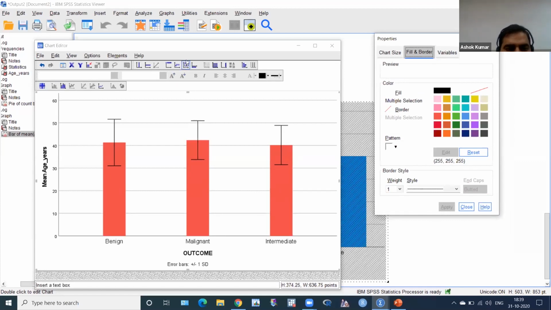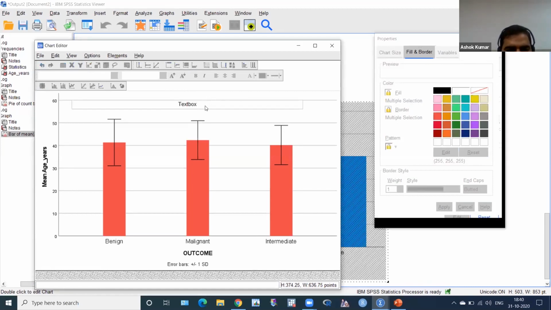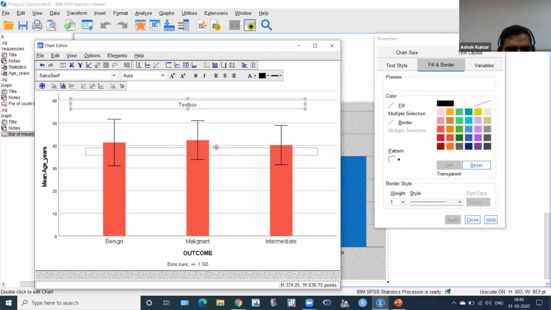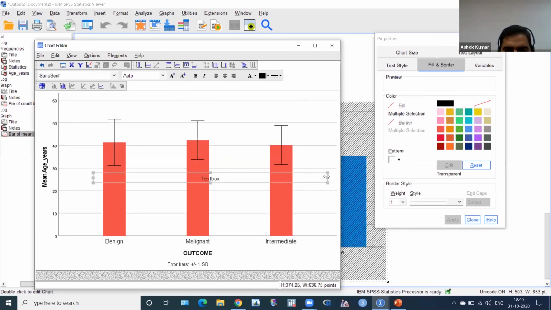Then you have to use the text box. You can get this text box on the second line, below this, and this is the text box T. Okay, you have to click, and this will come here. Then what you have to do is bring this text box here.